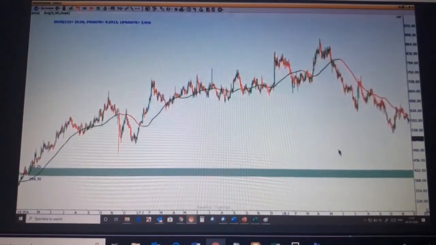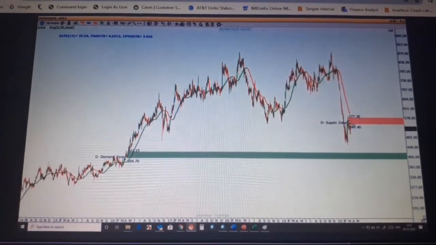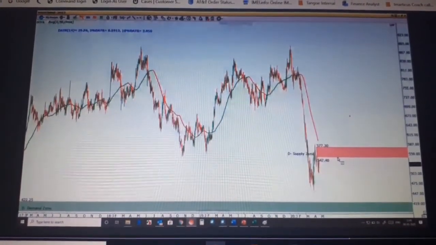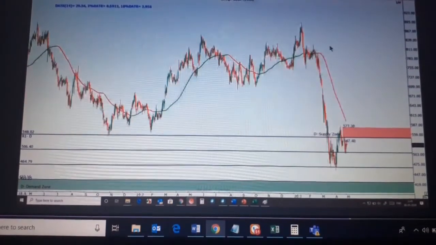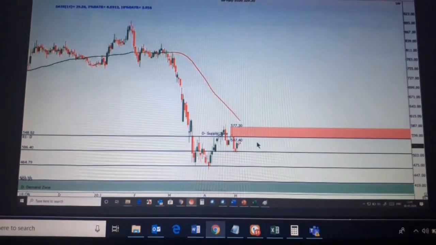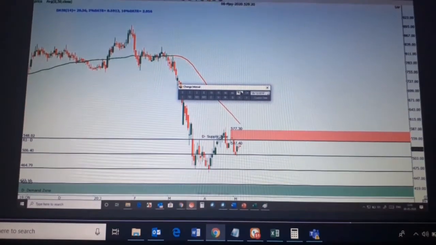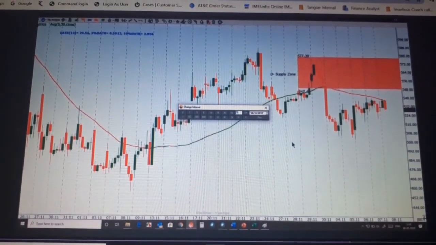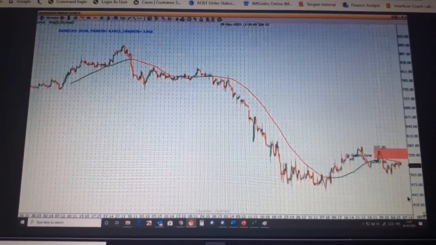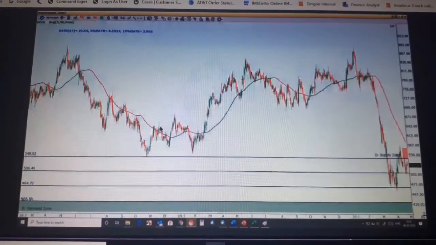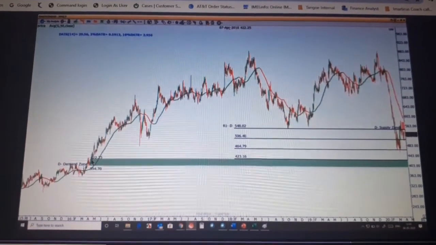Okay, so let's go here and I've marked my curve. Now the problem here will be that on the lower time frame you will not get the history, because the history is only for 90 days. Now this is your demand zone, that's your supply. On the 75-minute chart, you will not be able to see the zone, because this demand zone formed way back. If I go again to the daily chart, can you see it formed around 7th April 2016?